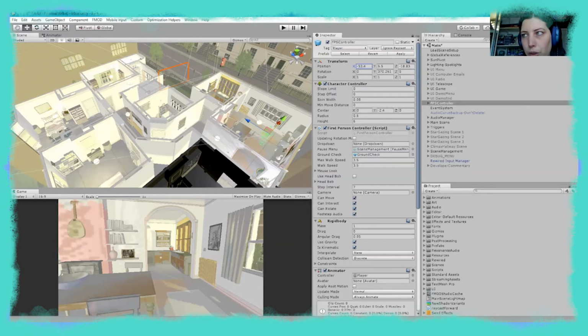So this shows the 3D environment of the game, and if you can see my cursor, hopefully, up here we've got the view of what the developer sees of the scene, so this 3D model of the house, and then below is a view of what the player will see when playing through the game. And engines like these come with a lot of pre-built features that allow you to build